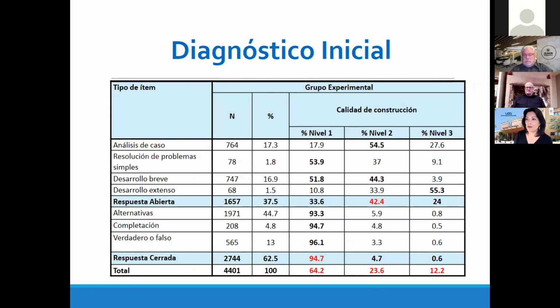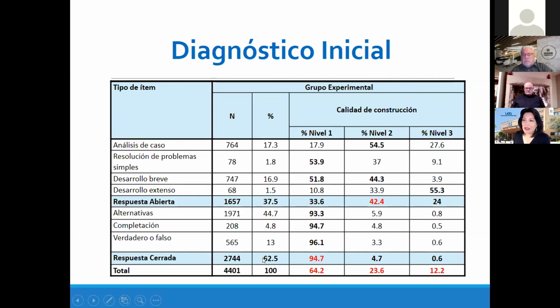que nosotros estudiamos. Si miramos el nivel, las preguntas de respuesta abierta logran, de alguna forma, una curva normal, ¿cierto? En un nivel 1 memorístico hay un 33,6% de los ítems, en un nivel 2 un 40%, que está acá abajo, en cambio, se ve algo muy distinto. El 94,7% de los ítems de respuesta cerrada es de nivel 1, el 4,7% del nivel 2 y el 0,6%